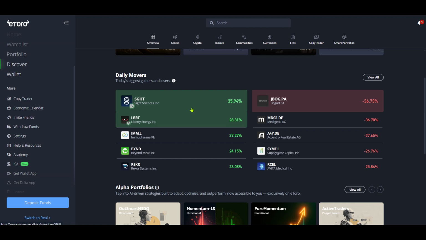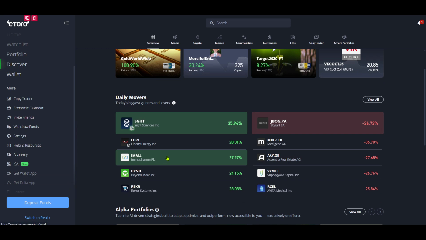Once you've found an asset that catches your attention, click on Trade to get started. This action will take you to a screen where you can set the parameters for your trade. Pay close attention to these settings, as they will determine your entry and exit points, as well as your potential returns. Before confirming your trade, it's highly recommended to click on Chart to bring up the detailed chart for the